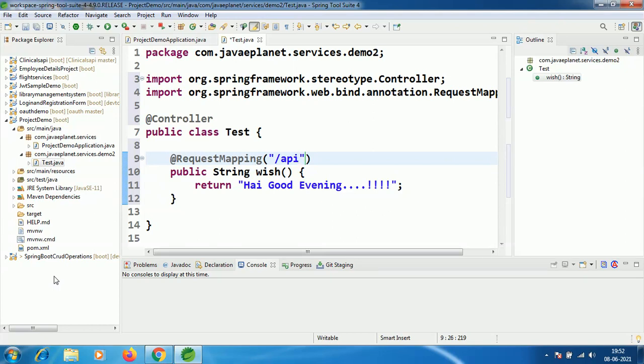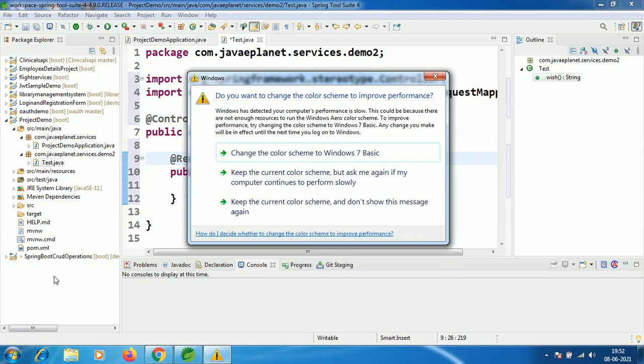The process of mapping web requests to handler methods is also called routing.